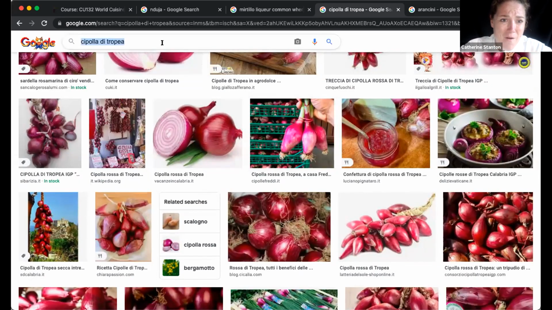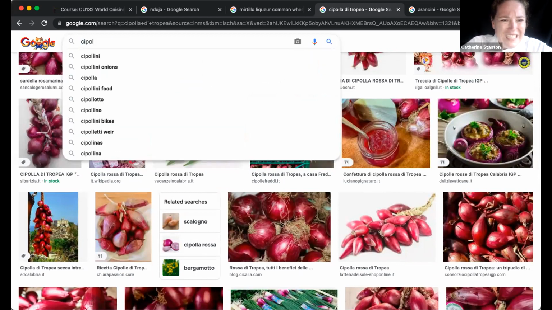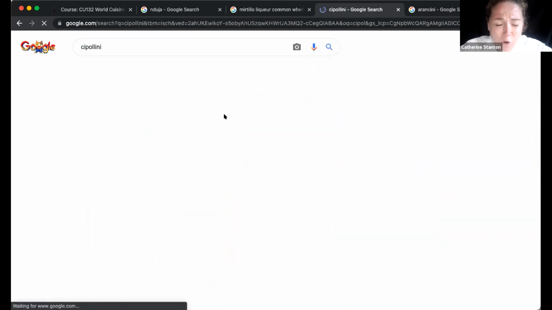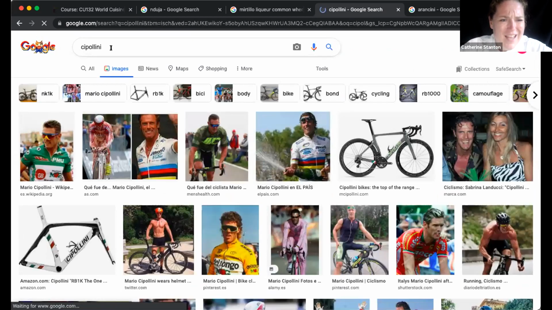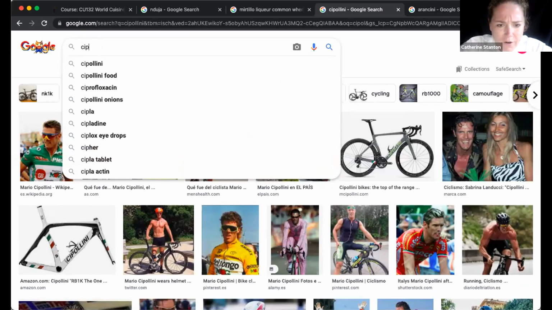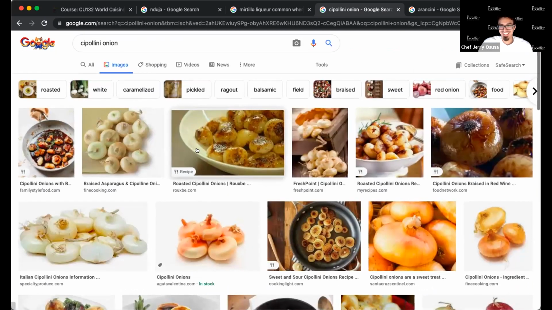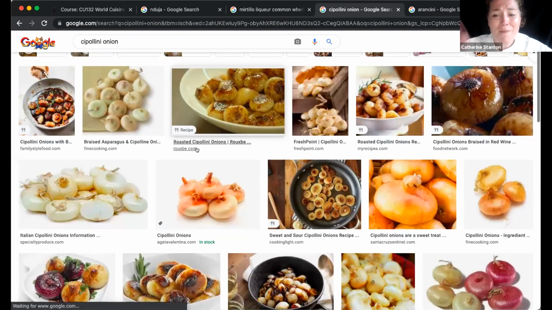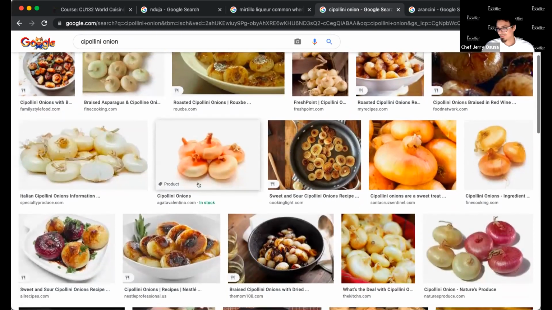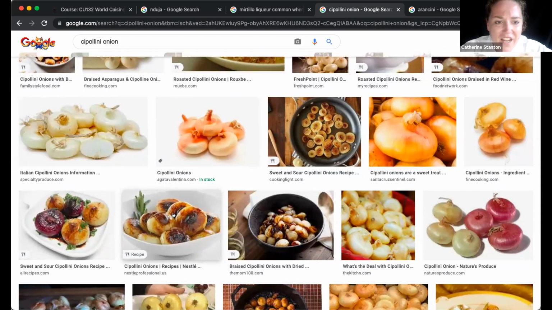Maybe this is another onion you may have heard of or seen on different. That is not what we want. Cipollini onion. Hello, what is this? Some guy? We don't know who this guy is. Cipollini onion. Hello, people. We don't want to eat that guy. No, we do not. Cipollini onion, though. It's a Mario, yeah. We've got these beautiful sweet cipollini onions, small, delicate, great for braising, grilling. They're really sweet. They hold their structure and they're quite stunning.